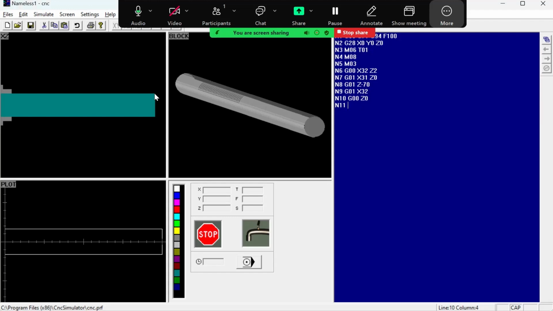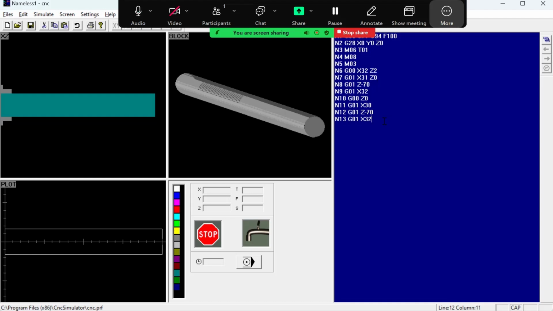Right now the tool is located here. So what we'll do is, we'll slowly move the tool. We'll just change the x coordinate and make sure it is x 30. So now we have increased the depth to 30, and we will again form the second pass, and this goes on like this: g01 z minus 70, and g01